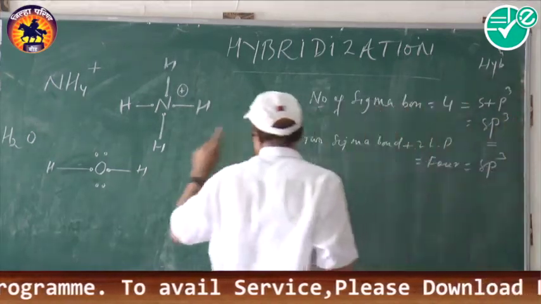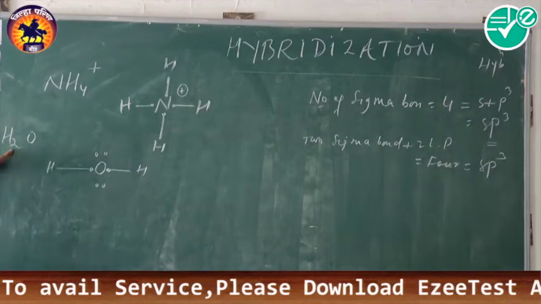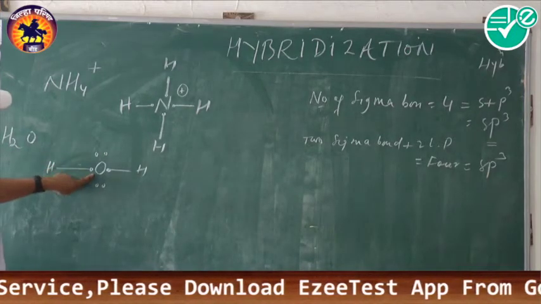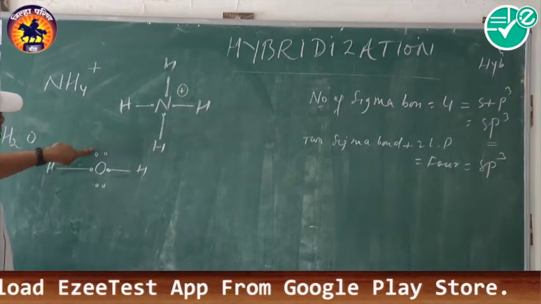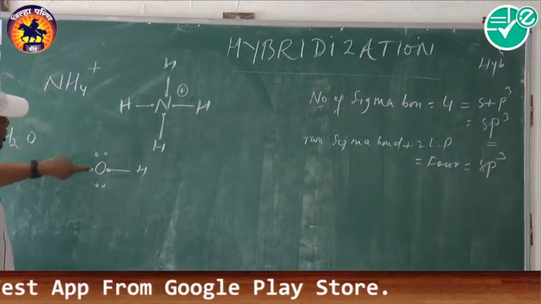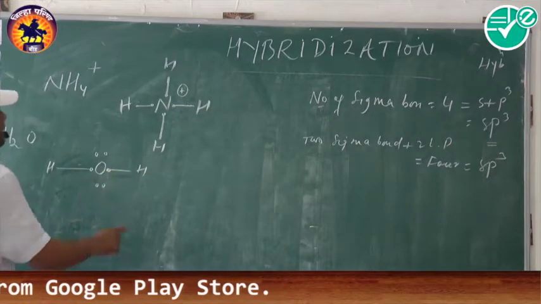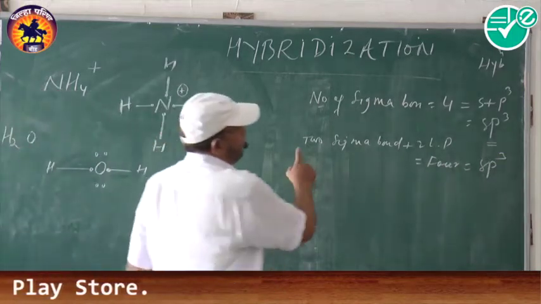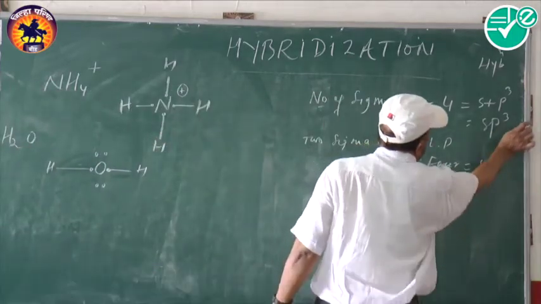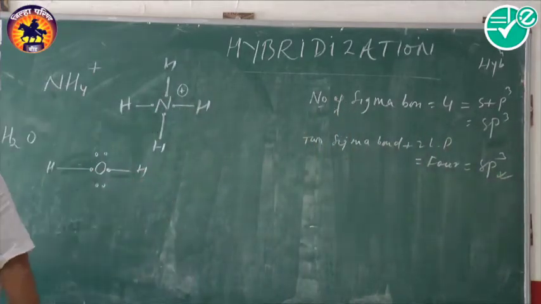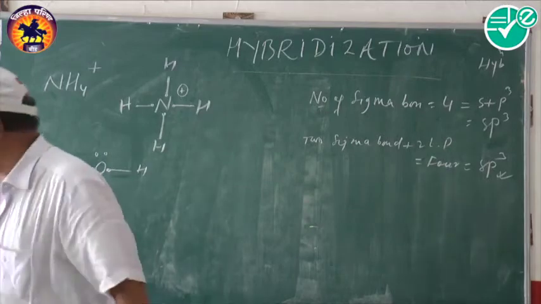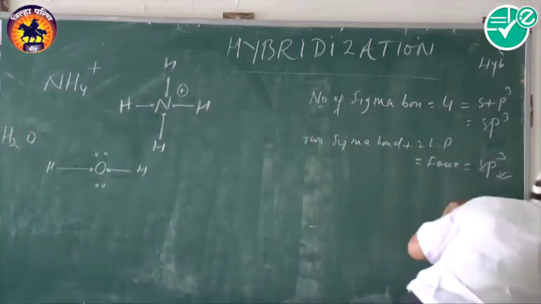Again see, this is your compound. O belongs to group 6, there are only 2 bonds, hence there are the third, fourth, fifth, sixth electrons as lone pairs. There are 2 sigma bonds and 2 lone pairs, the total is 4, that's why it is sp3. In this way you can obtain any type of hybridization, any type.